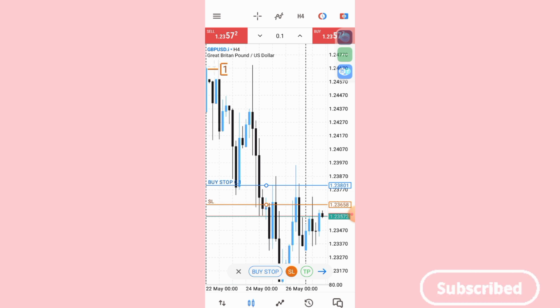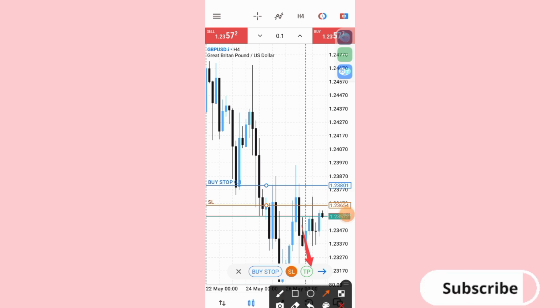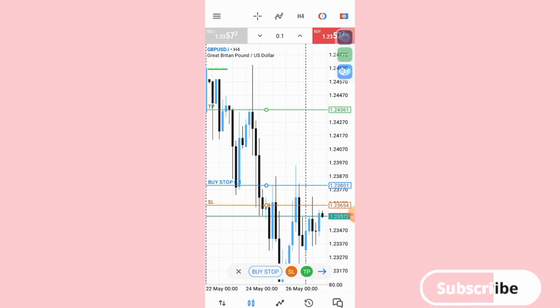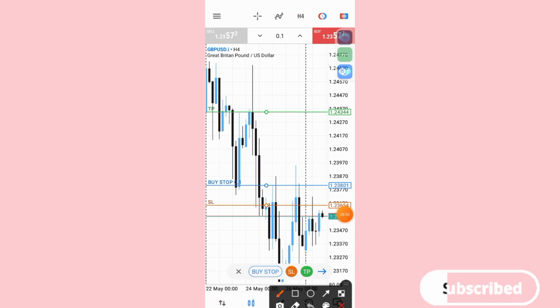Just drag it to any point you want to set your SL. And the next option is what? Your TP. Where you want to set your TP, you can see it there. Just click on it. Once you click on it, you can drag the green line to anywhere you want to set your TP. And when you are done with that, click on the arrow at the right hand corner. Click on this arrow, and once you click on the arrow,